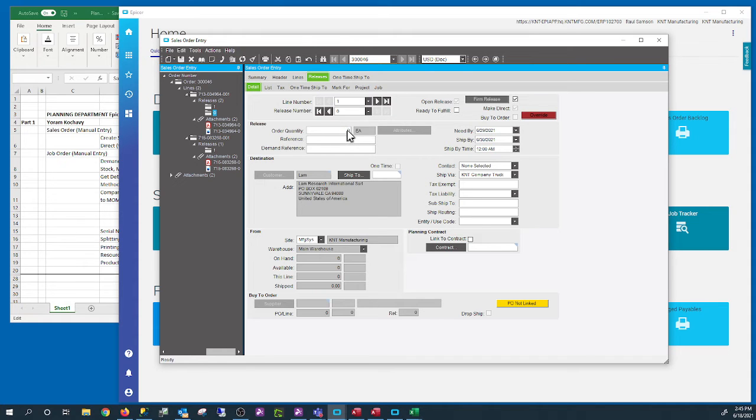And we can put the quantity in here. So let's say we did 3 and 3. And then you can change the date. So you can say 3 on one date, and then another 3 on another date. Okay, now we save it, and we need to go back to the other release. You can save this one, or release 2, and let's go back to release 1.